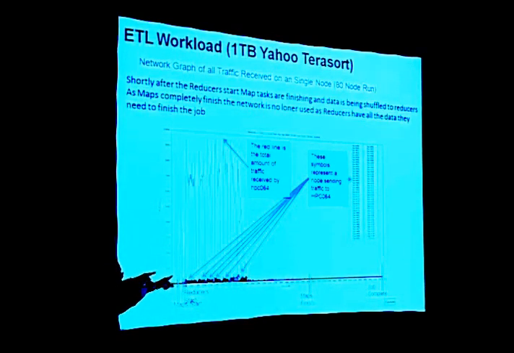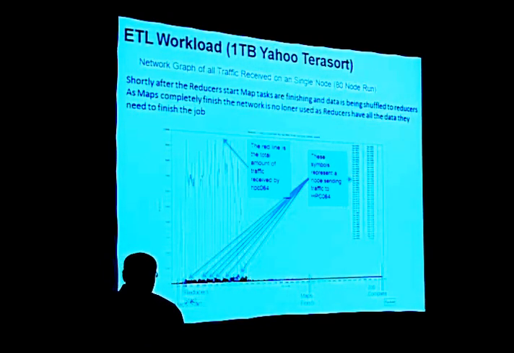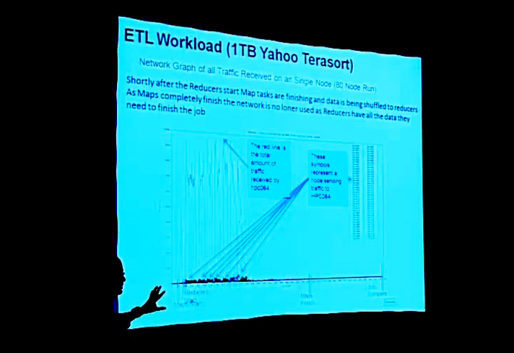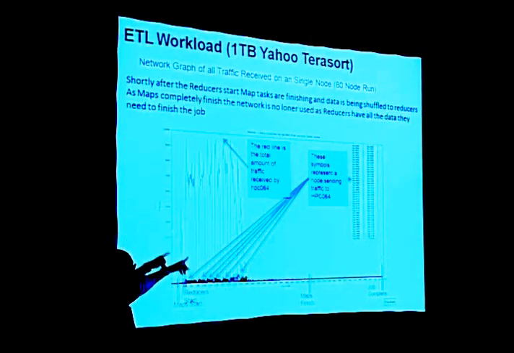So the next 3-4 slides are all about what it looks like in steady state conditions, right? If you look at this graph, it's a little complicated. This is one of the nodes receiving or transmitting the shuffle output, right? The mappers start finishing their job. These small dotted lines are all the mappers. They send the data to the reducers. The reducer absorbs it. That's the spike you see, all the way to 1 gig link saturation.